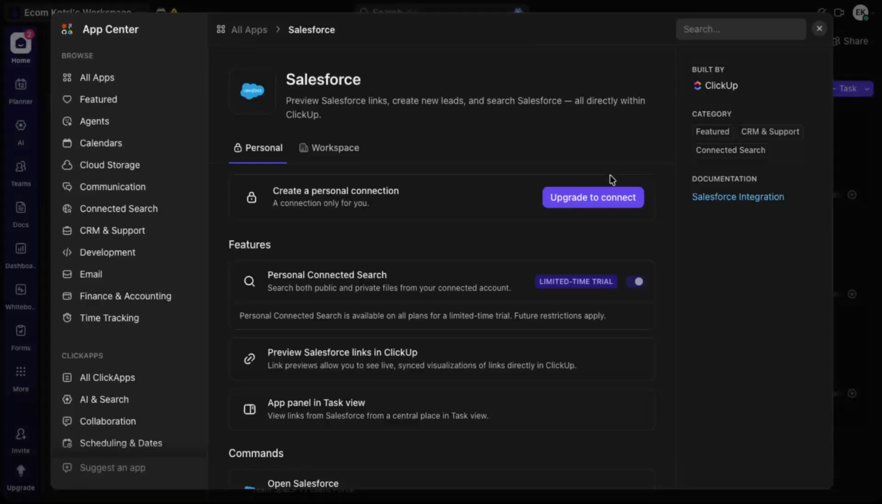On the Salesforce integration page inside ClickUp, you'll see an option to connect the two platforms. Click the button that says Connect. At this point, ClickUp will redirect you to a Salesforce login page. Here, you'll need to sign in with your Salesforce account details that have the appropriate permissions to authorize the integration. Follow the prompts in Salesforce to allow ClickUp to access your data as requested. After you approve the connection, you'll be returned to ClickUp and your Salesforce integration will be active, ready